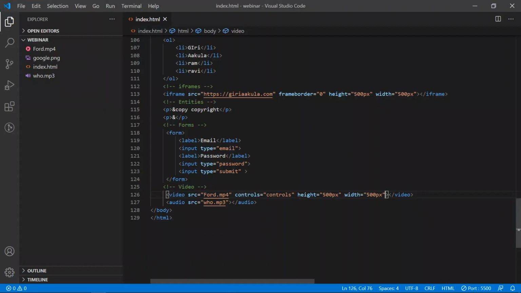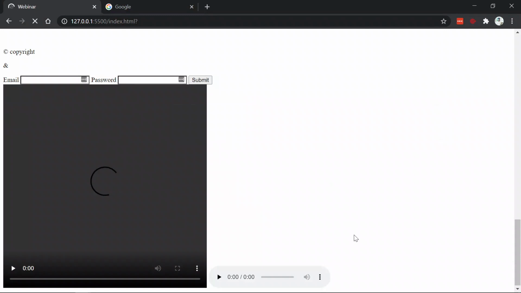Okay. So we didn't give controls, so that's why it's not coming. If you want controls for audio also, we have to give controls. So if you copy that and paste controls, yeah, now we got the audio here. If I play it now,